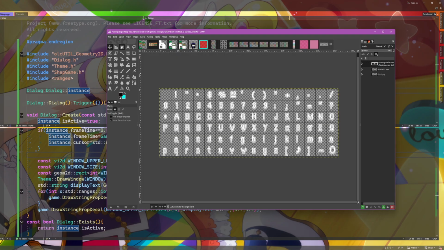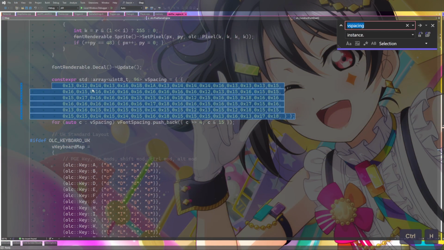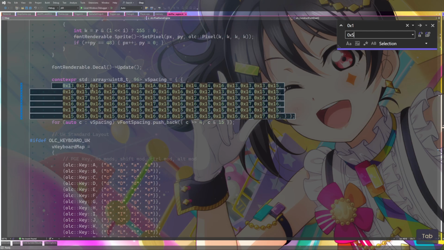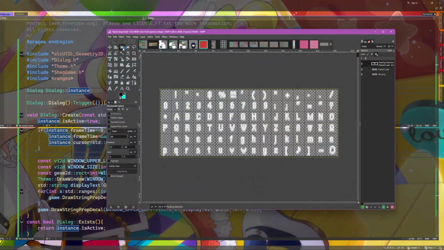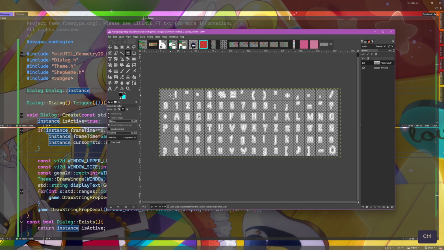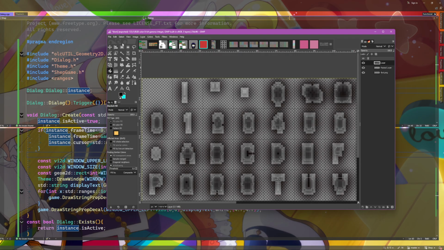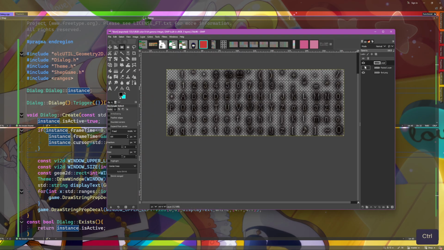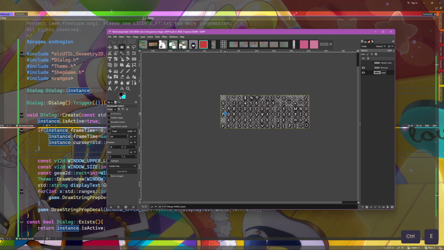Or it's 5 total. So here, instead of 0x1, it's now 0x5. And yeah, select these again and start coloring them in like this. Maybe on a new layer. And we'll see how that looks, right? I think it'd be cool.